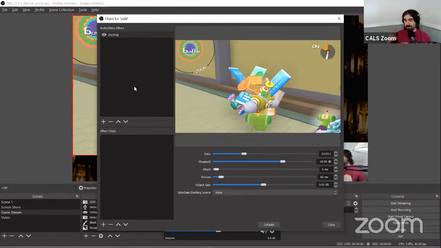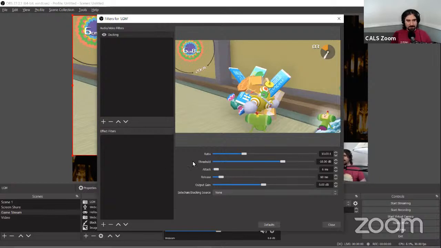You can add multiple filters of the same type. Whichever ones you put on top are the ones that go first, and then the ones on bottom proceed after that. That can be kind of important, because depending on what order you put the filters in can make a big difference in terms of the quality of the sound, particularly with sound, but also, of course, if you've got one effect that's